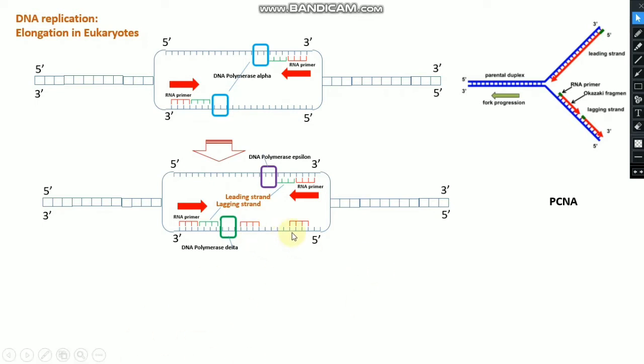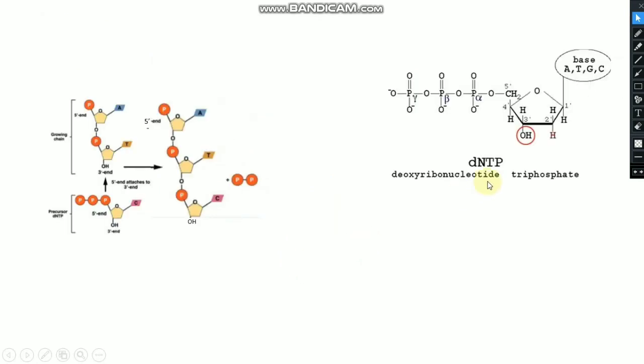Alright, I would like to mention here how these DNA nucleotides are added, and how the bases are extended. So let's have a quick discussion of how the dNTP works. As you see in this figure, dNTP stands for deoxyribonucleotide triphosphate. It contains triphosphate because it contains 3 different phosphate groups, and there is one ribose sugar, and here is the